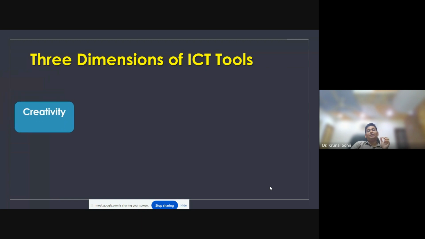The first one is creativity, a very important part, right? Everybody is monotonous, doing their monotonous job on a day-to-day basis. They do not have any thinking ability, or they are not spending time to think about how they can make their sessions worthwhile, what sort of tools they can use as part of online resources, and how students can be engaged in using various ICT tools based on the domain in which we are taking the sessions, right? So this will bring out the creative thinking and creative work that we will deliver